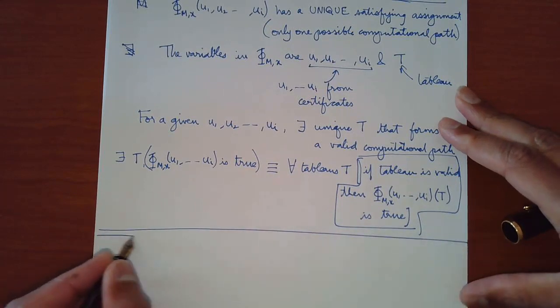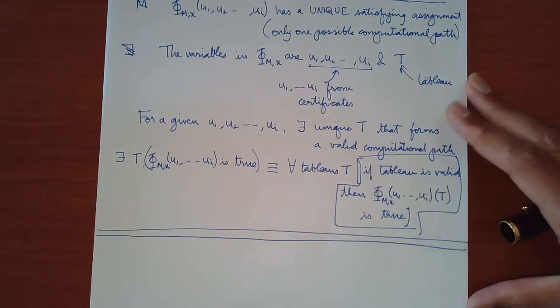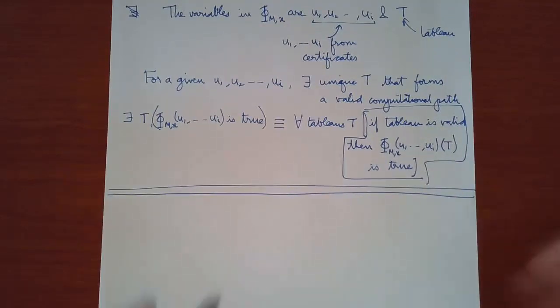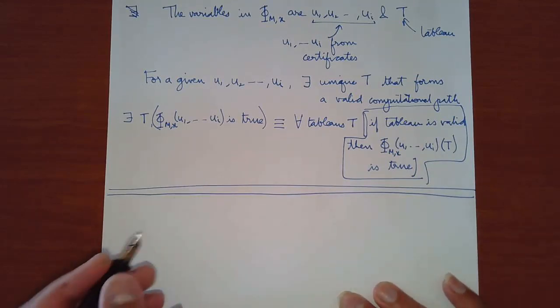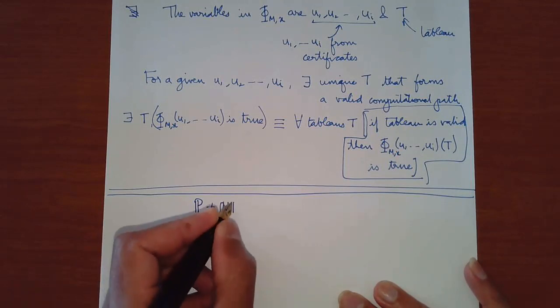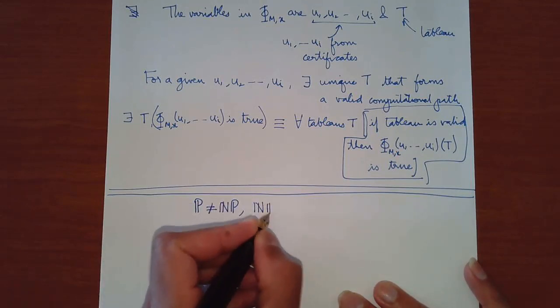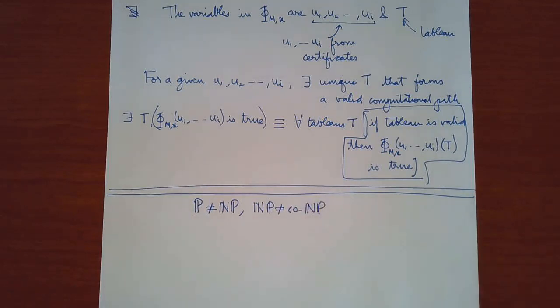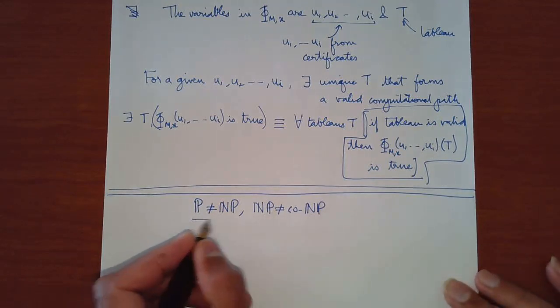So there's one final concept about the polynomial hierarchy that I want to talk about. I think it's even part of the homework. And then I want to come back to this proof and tell you about circuit complexity. So just like we have P not equal to NP, or NP not equal to co-NP, these are beliefs that we have. Not like a religious belief, but rather a mathematical belief. We really think that NP is not equal to co-NP, and a generalization